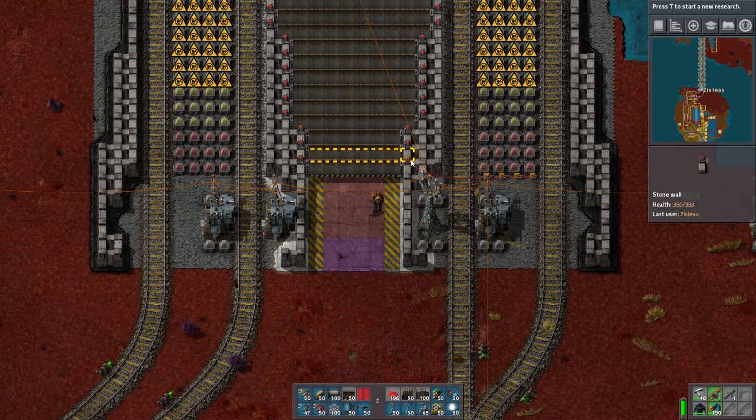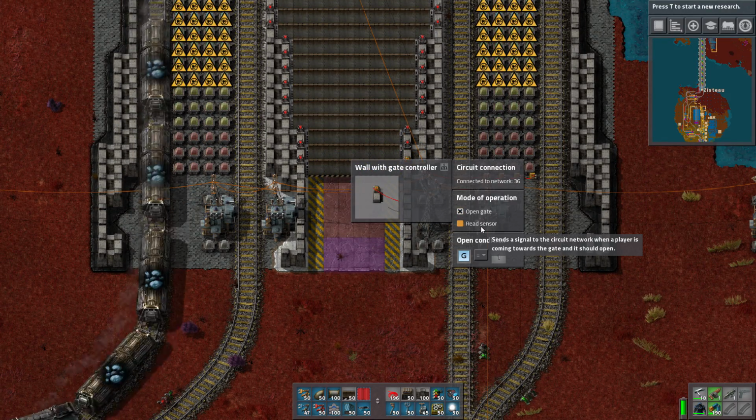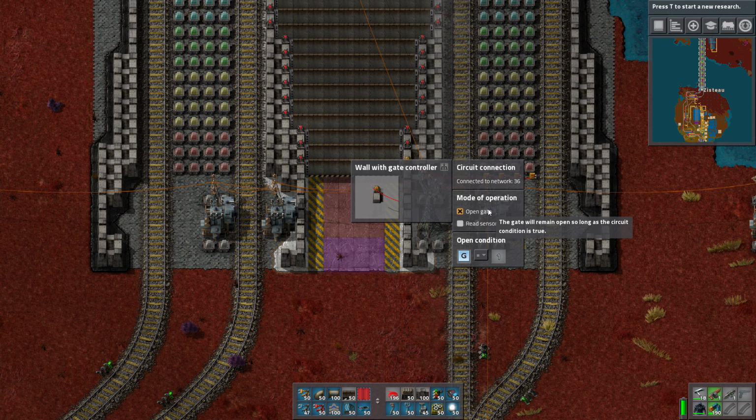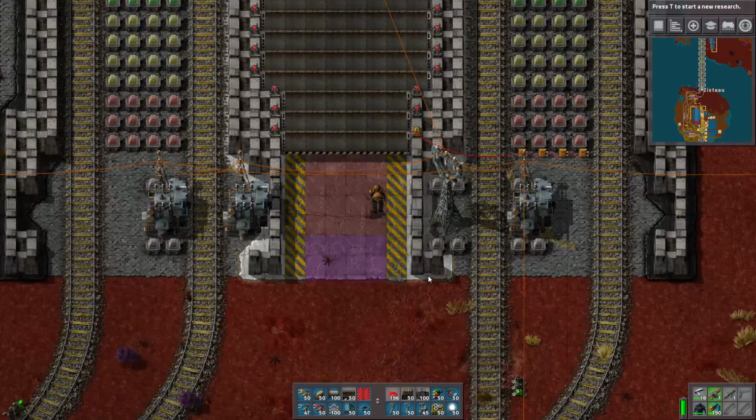Oh, wait. Okay, so now this wall is not working. Oh, read sensor. Sends a signal to the circuit network when a player is coming towards the gate, and it should open. Oh, yeah, that's what we want. The gate will remain open so long as the circuit condition is true. Oh, that's not what we want. We want the gate to send a signal, not receive the signal. So read sensor. Aha. Okay, so as I approach it...